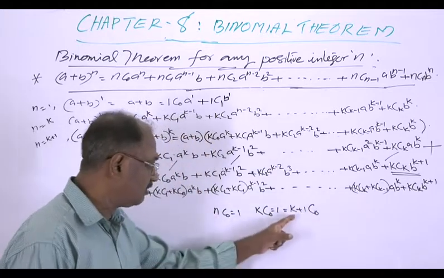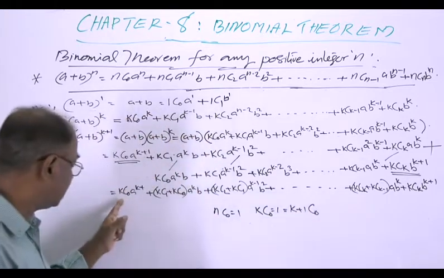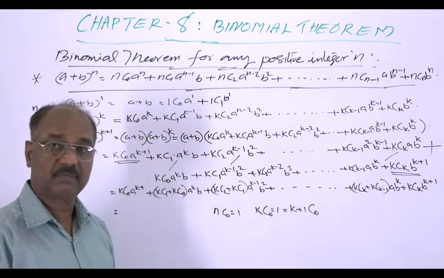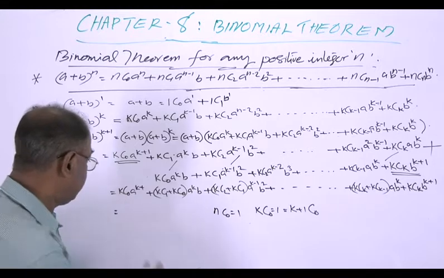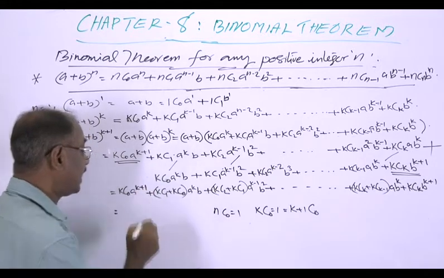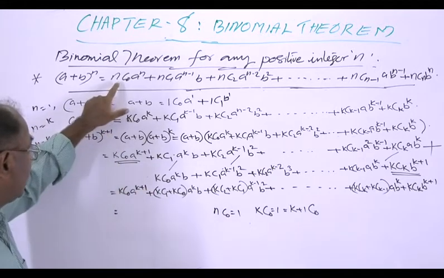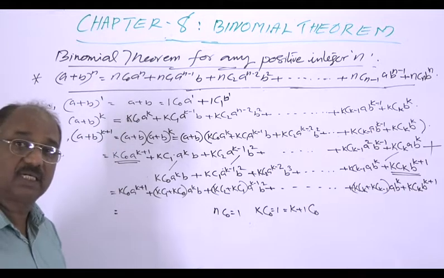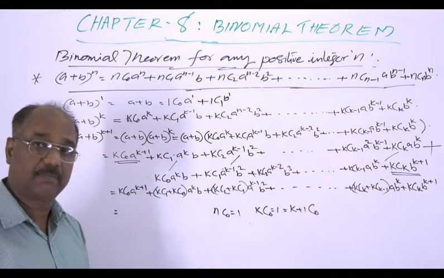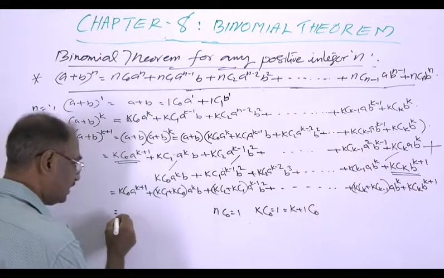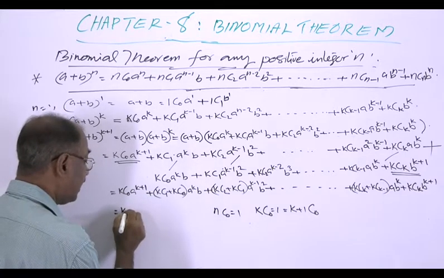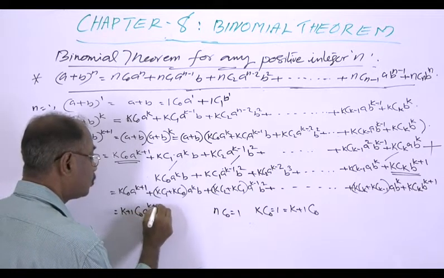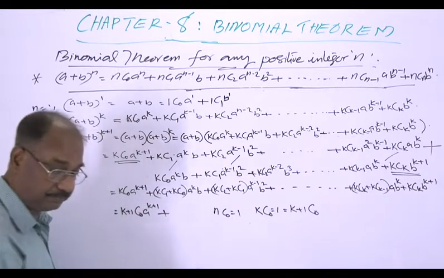In place of kC0 we write k plus 1 C0, because the power of a is k plus 1 and we want to extend this in this form. In place of n, we have to put k plus 1. So we write this in the form k plus 1 C0 a raised to k plus 1, then plus